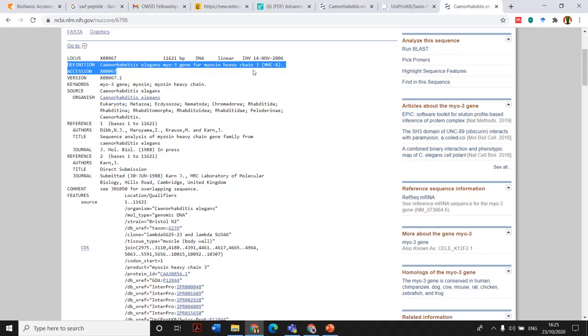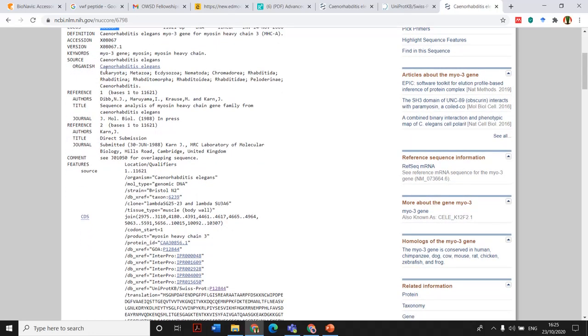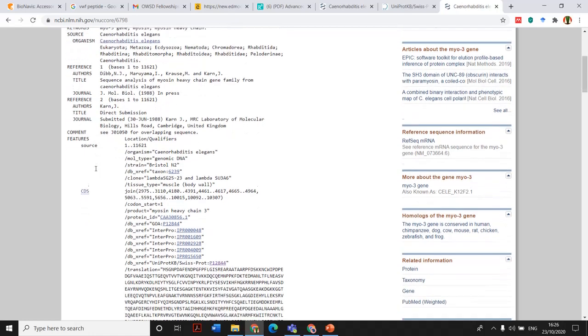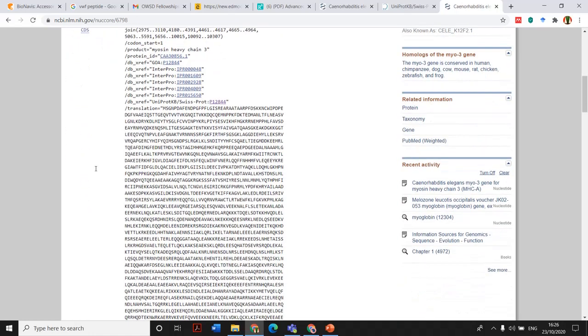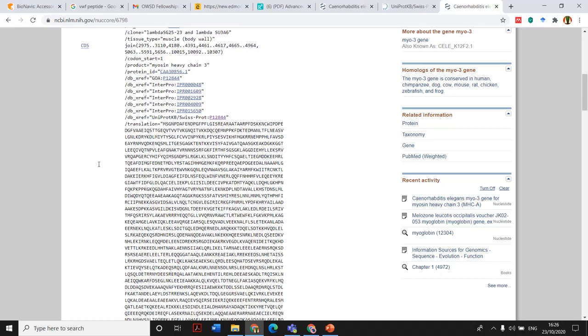It'll give you the definition, the accession or the reference number, and the organism. And here, okay, this is important. Look here, this is saying InterPro. This is an interesting piece of information because